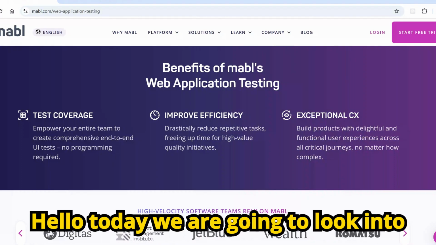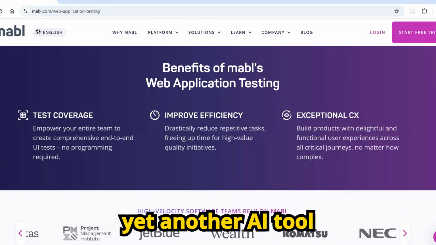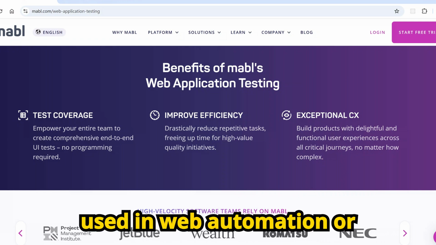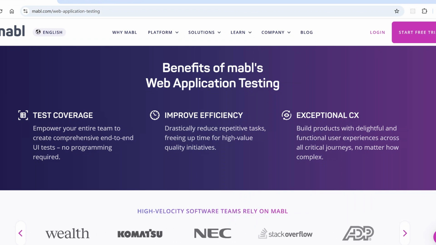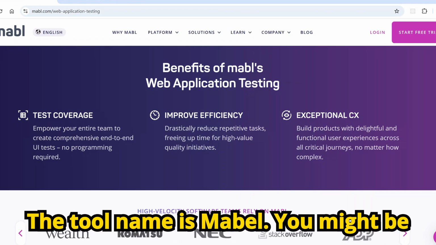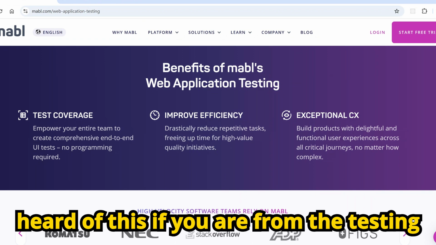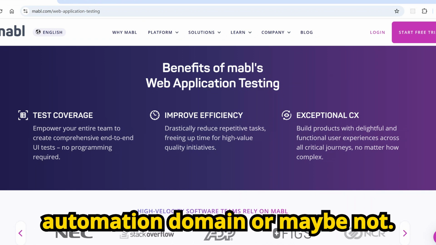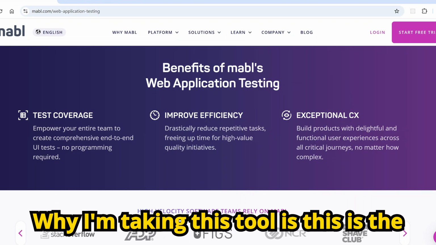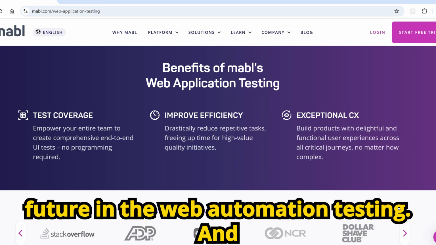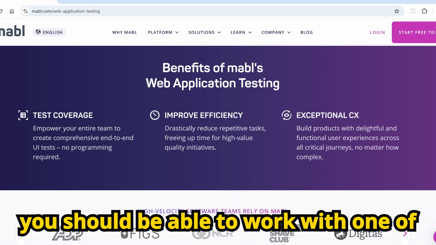Hello, today we are going to look into yet another AI tool used in the web automation or mobile automation testing domain. The tool name is Mabl. You might have heard of this if you are from the testing or automation domain, or maybe not. Why I'm taking this tool is that this is the future in web automation testing, and you should be able